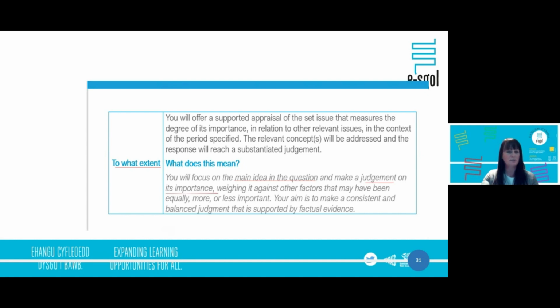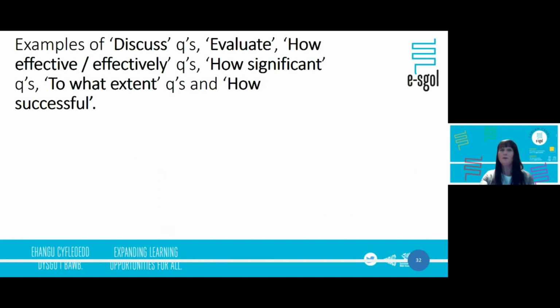You make your judgment on its importance. You will weigh it up against other factors that may have been equally more or less important, and you explain that. And then, sorry, just going a bit fast, you make a consistent and balanced judgment that is supported by factual evidence. So what I've got on the next few slides are some examples that I've found